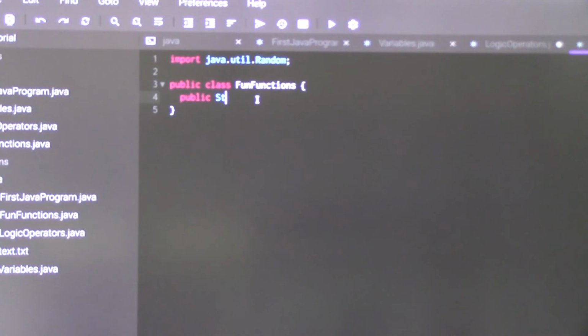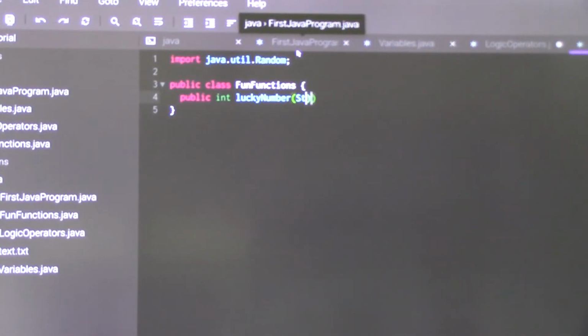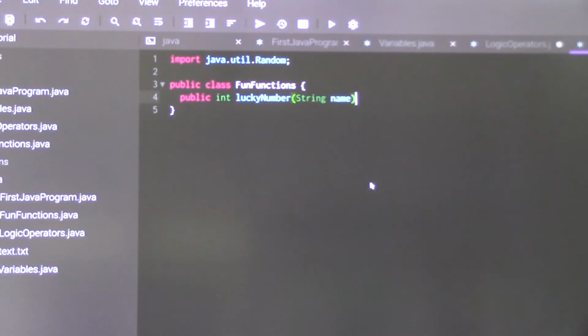So we'll have this return a string, and we'll say lucky number. It should be an int. Or a float? We could return their name plus lucky number, and we'll say string name. Then we won't need to really use a parameter, right? Sure. I guess I have to explain: Random r equals new Random,